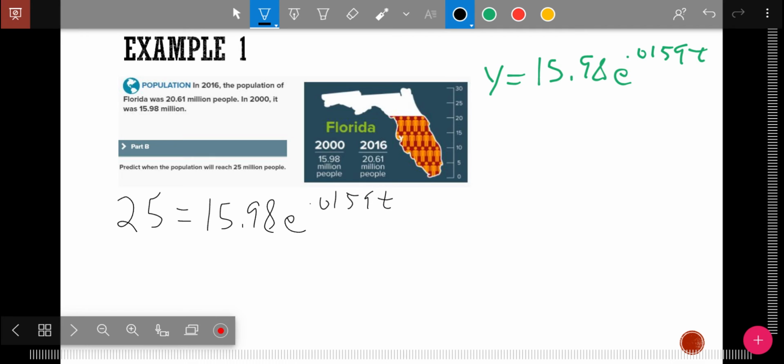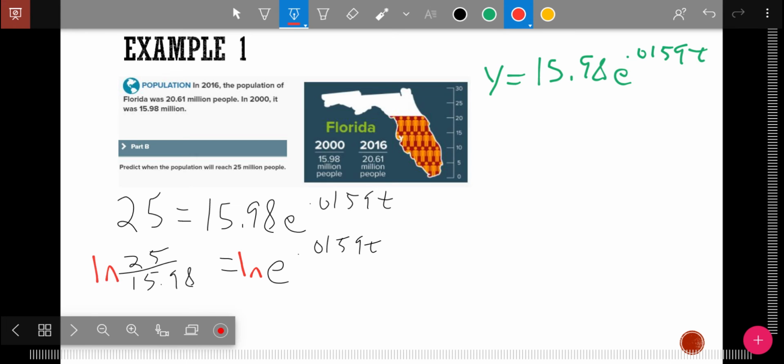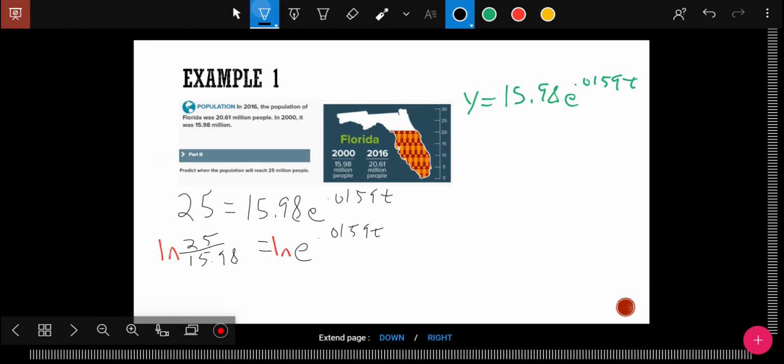And again, I divide by 15.98. And again, I have a variable that's up as an exponent. And so to bring that down, I have to ln both sides. And so I end up with ln 25 divided by 15.98 equals, those two cancel out, so just